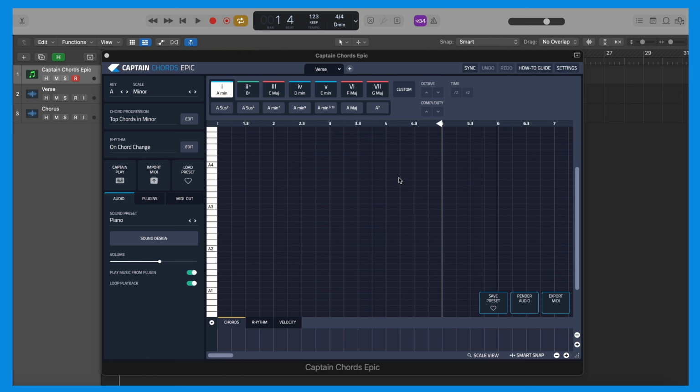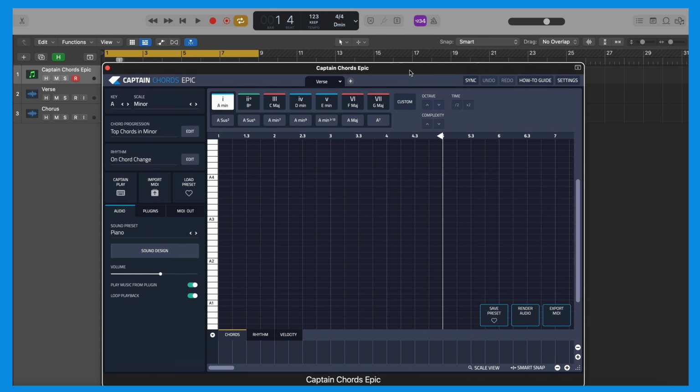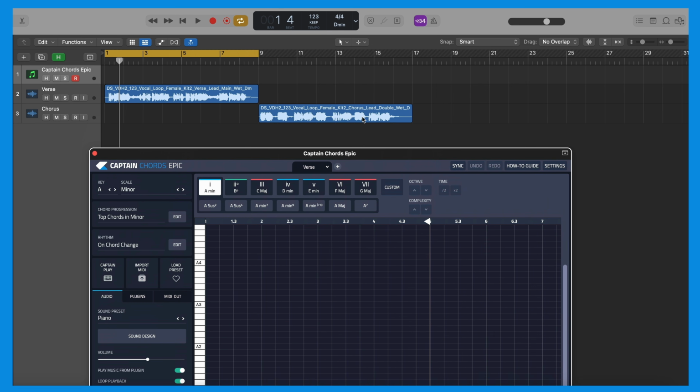So, what we've got here is Captain Chords Epic 7 in front of us. The way I want to do this tutorial is live, obviously, and using some context from how you would actually use the plugin in the real world. So I'm going to make a song basically, and it's going to have a verse and a chorus. If you can see here, I've already got some vocals to use.